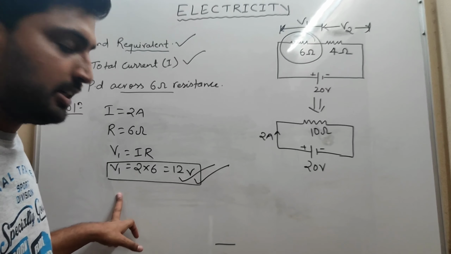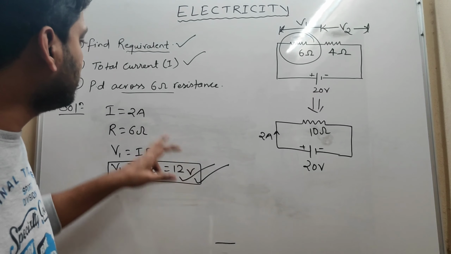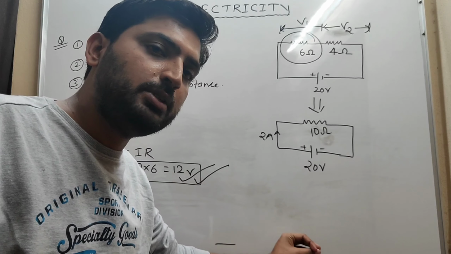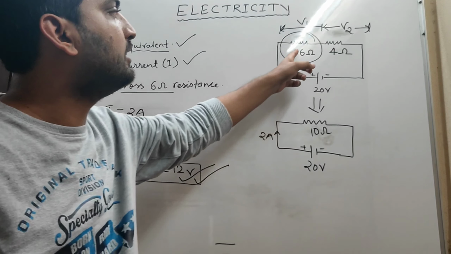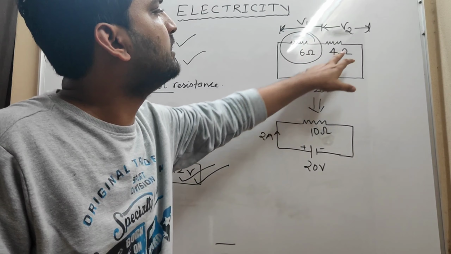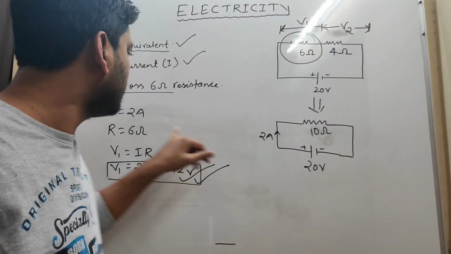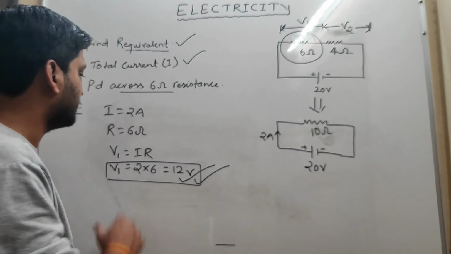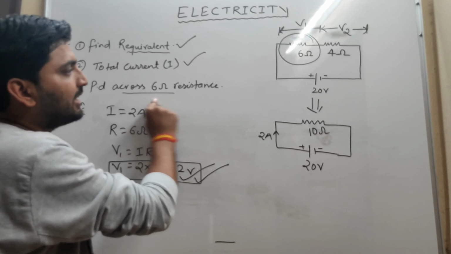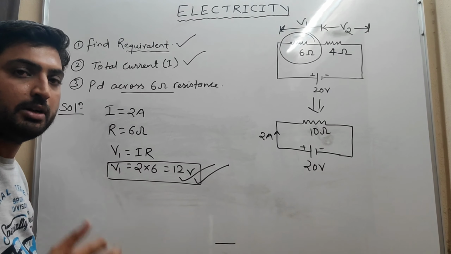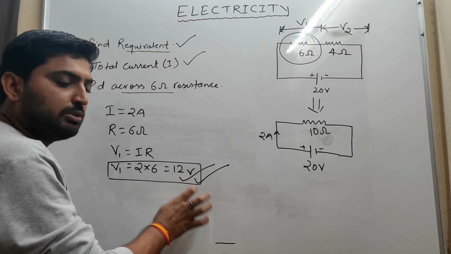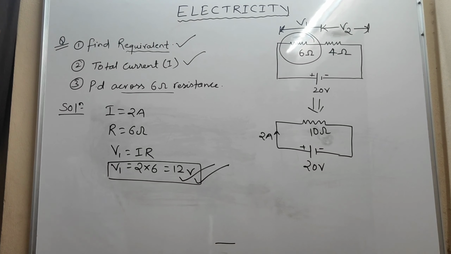Did you understand? Okay, I am explaining once again. I will be the same in the series connection. So whatever I you get as total current, that will be the current flowing through any resistance. Suppose they are asking potential difference across 4 ohm. So here also we will take 2 ampere only, because this is a series connection. Resistance 6 ohm, because we have to find potential difference at 6 ohm resistance. So resistance is 6 ohm. From Ohm's law, V is equal to IR, there we get V is equal to 12 volt. Okay, take a screenshot.